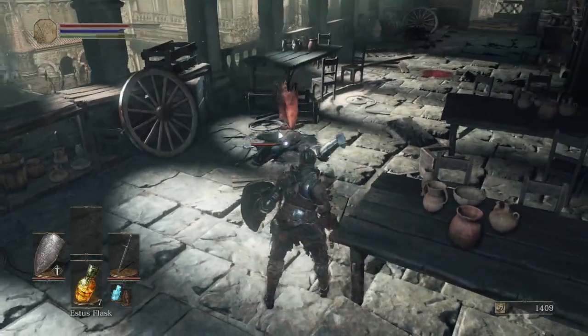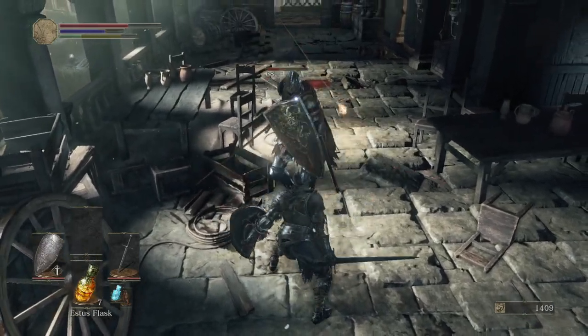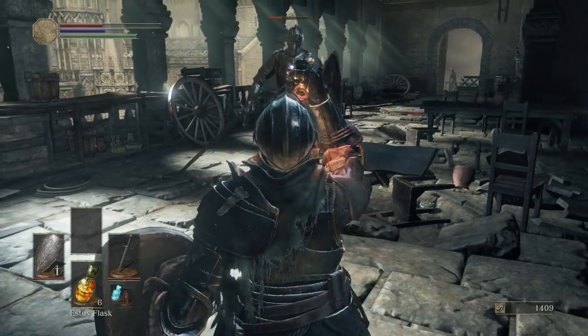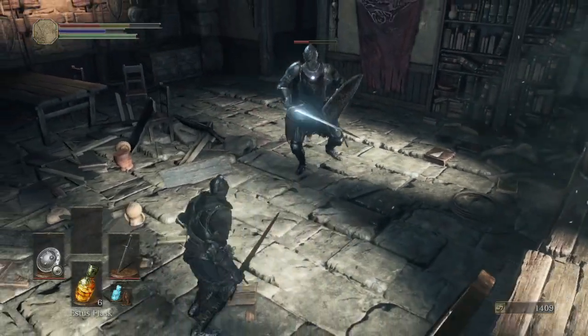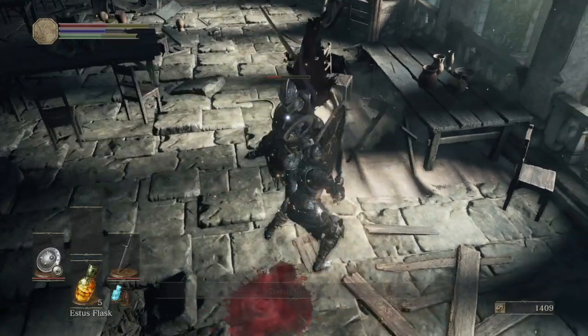There's that wide, loose backstab situation again. We'll try a weapon arts follow-up there, which does a decent amount of damage. Let's move away from its combo and do a little bit of healing. That was a bad, misplaced parry. So I'm actually going to use my